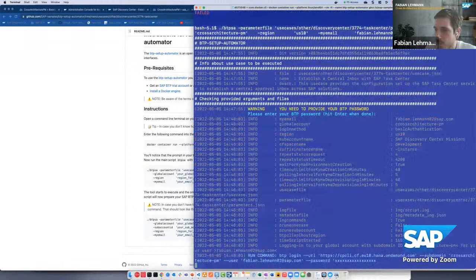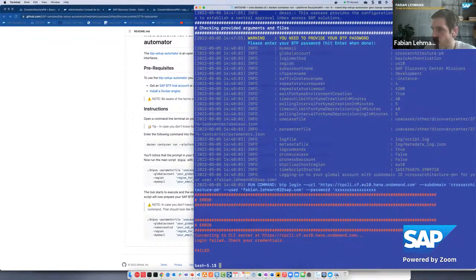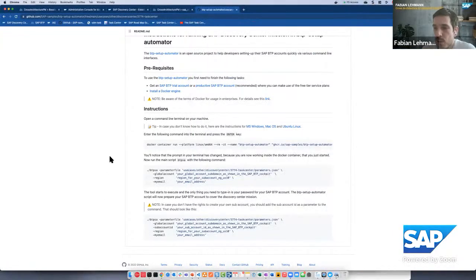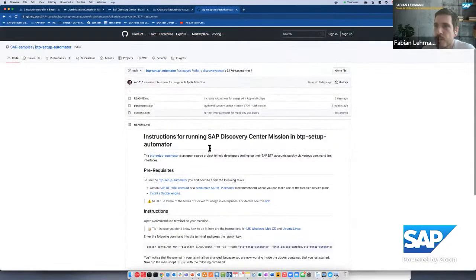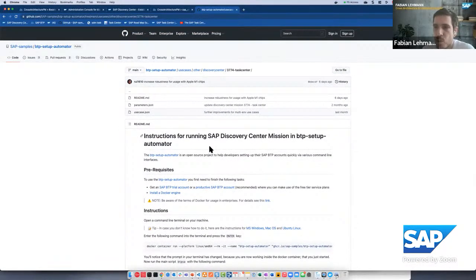But you can see it's a live demo. However, normally it's possible to create SAP Task Center directly with the SAP BTP Setup Automator, and it's also a variant if you are more familiar with the BTP CLI or with the terminal itself. Then this should work in the normal case. But you also have, as mentioned, the option to use the BTP Booster, or the last option, to set up completely manually, and this is documented in the SAP help document, which is also referenced in